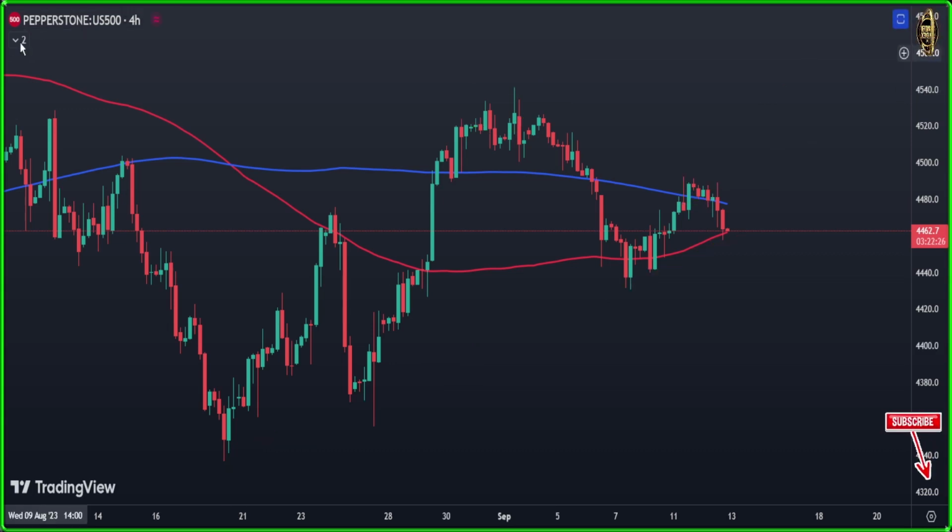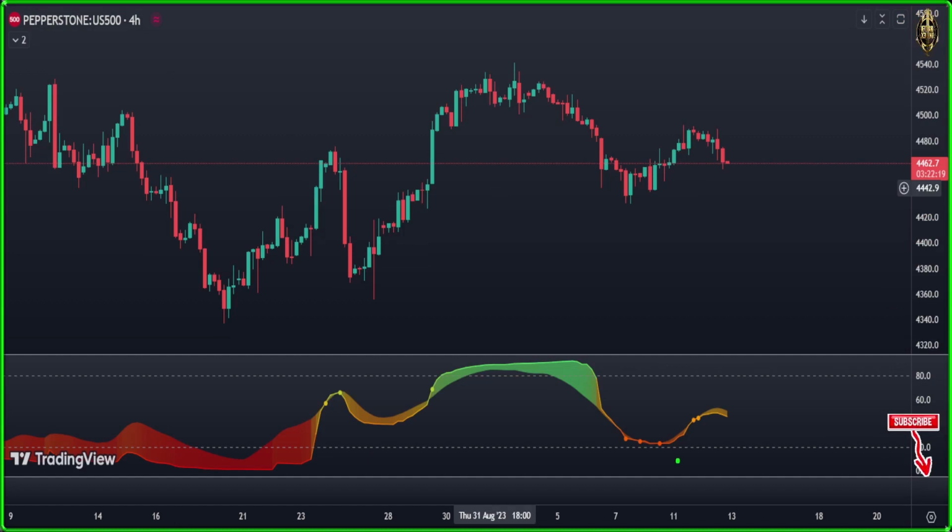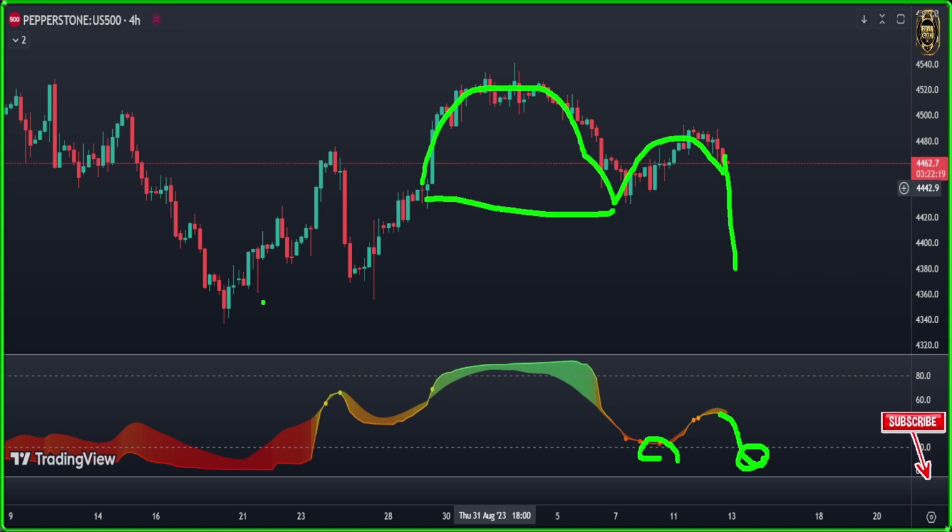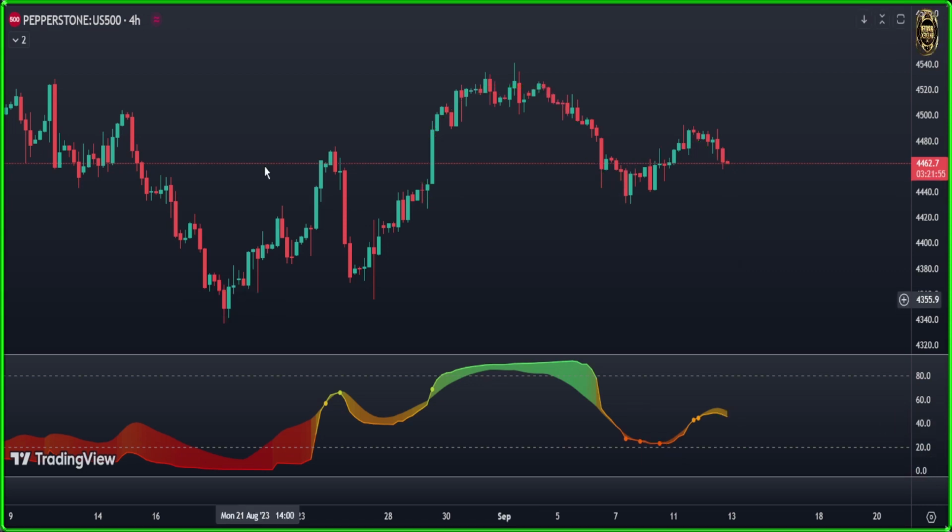Now let's see what our indicator is saying. Our indicator, guys, as you see, is here. I think personally it is going to fall down again till it touches the oversold area here, when it falls down and breaks that cup and handle I'll show you here, and breaks the neckline, so till down here. That's possible because today very strong news is coming. So let's go in now to see the coming news so the pictures get more clear to you.